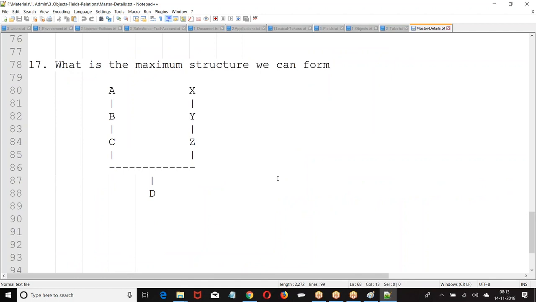Okay. Then finally, what is the overall structure we can create? This is the structure. Look at this. On D, how many parents can I have? Two parents. How many levels? A to B, B to C, C to D, 3 levels. X to Y, Y to Z, Z to D, 3 levels. Are you getting my point? So, how many levels can we have? 3 levels. On an object, how many parents? Two parents. On D, we have two parents. Who is the owner of D? The owner of A will be the owner of D. Okay, that is again a separate concept that we are going to discuss tomorrow.